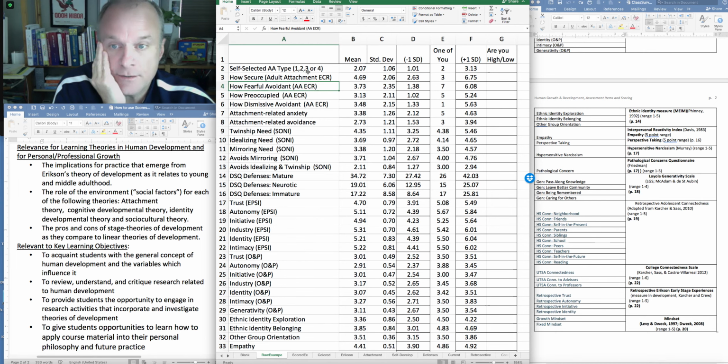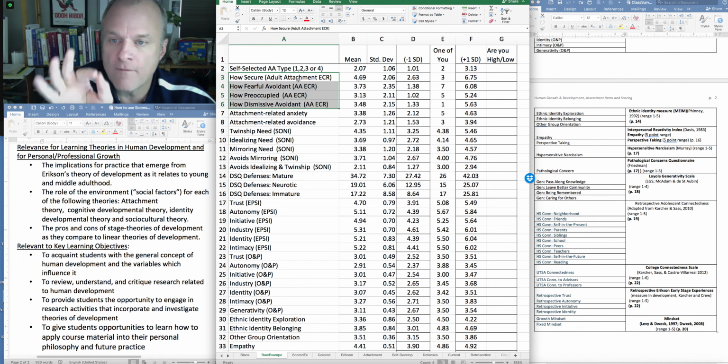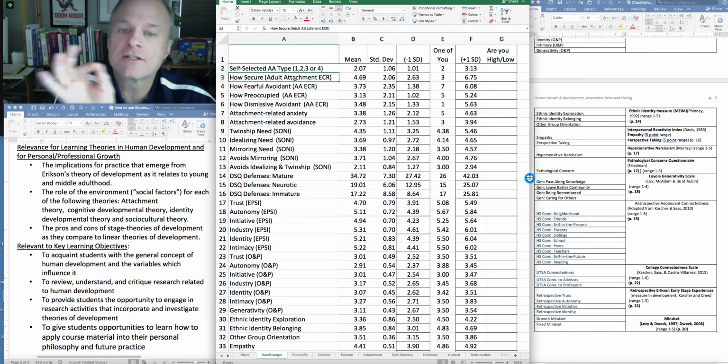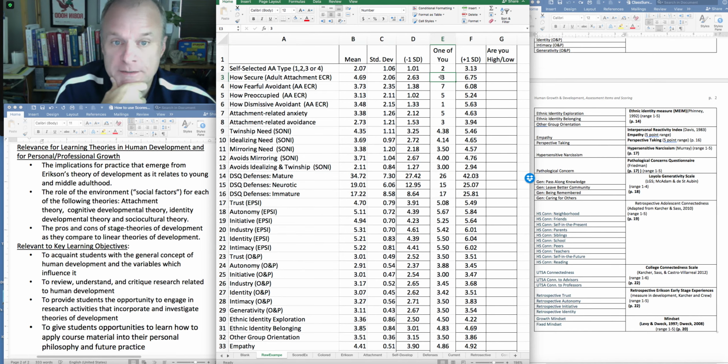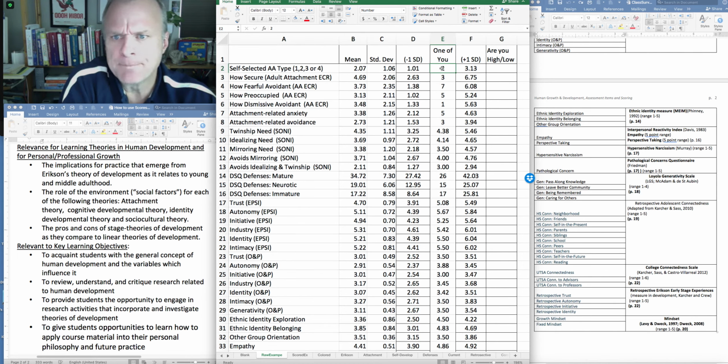On the next measure, so this measure is a category one, so it's not a great one to use the mean with, frankly, because this says, were you in the category of 1, secure, 2, fearful avoidant, 3, preoccupied, or 4, dismissively avoidant. But then we asked you, for each of the descriptions we gave, how much like that description are you? So this person did not find themselves. They put themselves